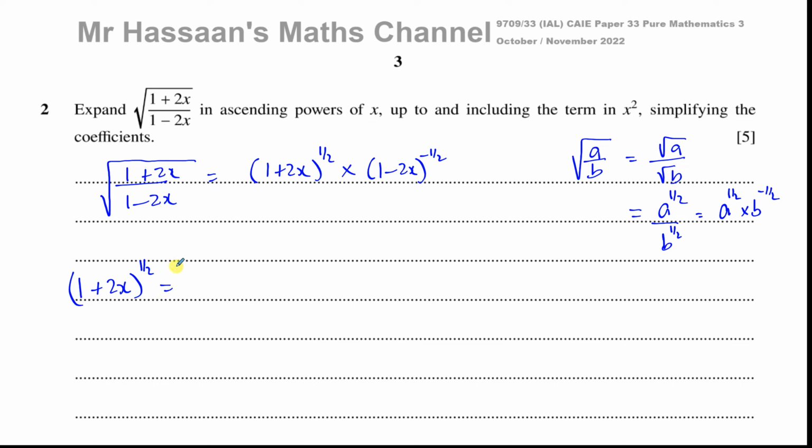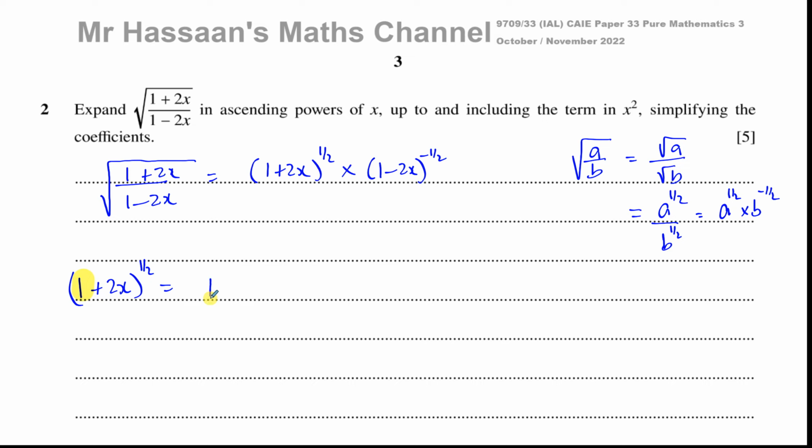And if you remember, we need to use a formula: 1 plus nx plus n times (n minus 1) over 2 factorial times x squared, and so on. The formula is in the formula sheet, but after a little practice, you should be fine with it. The important thing is it must say 1 in this place here. If there's any other number, you've got to take it out and deal with it. But in this case, it's fine. It's 1, and even the second one is a 1 there,